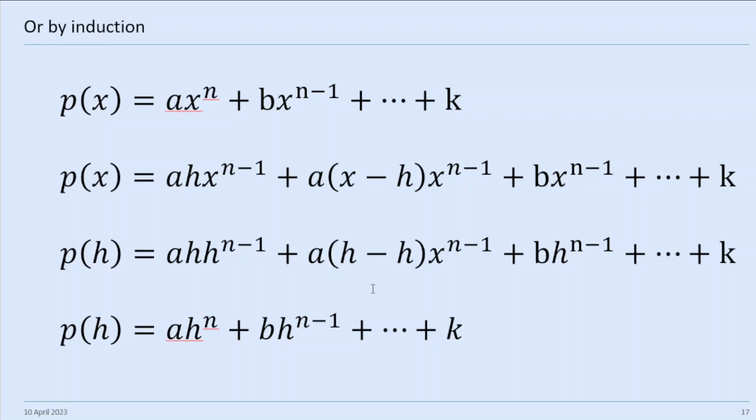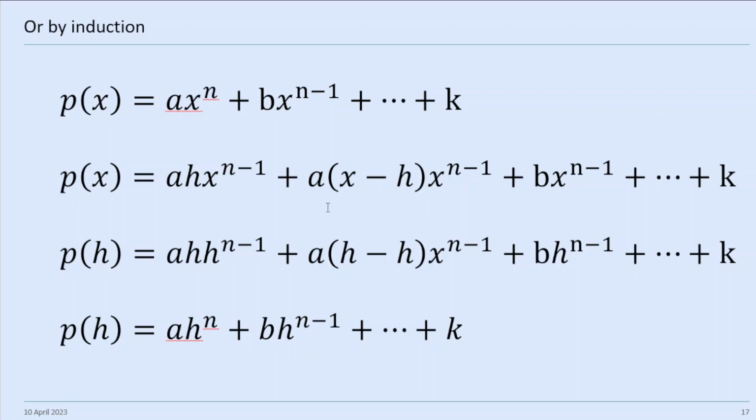So we could say, let's assume the remainder theorem is true for polynomials of degree n minus 1. And then what we're going to do is write this polynomial of degree n as ax to the n plus bx to the n minus 1 plus dot dot dot plus k. And then we're going to rewrite this front term, same trick, as a h x to the n minus 1 plus a times x minus h x to the n minus 1. And then what we've got here is,